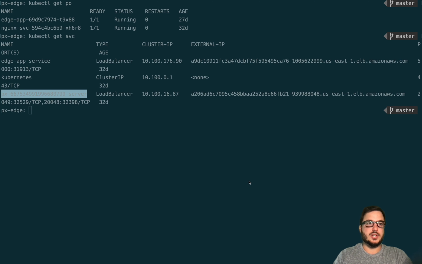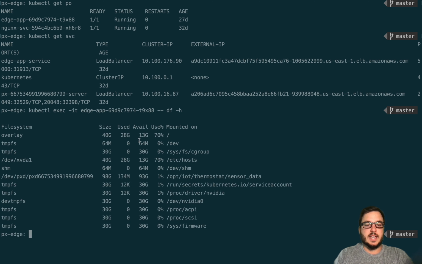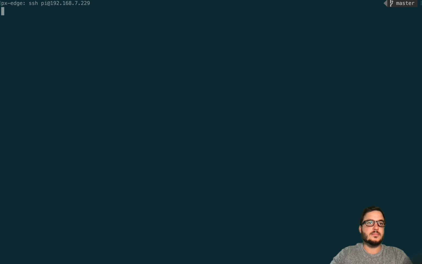Now, in that application, the edge app, which is running in our core EKS cluster, we can run a df, and we can see that it's mounting our shared volume locally. But it also allows you to export this volume, right? So in this case, we do have this Sharedv4 service with some access controls on it, and we've set it up so we can access this volume from our edge device. So we can head over to our Raspberry Pi,